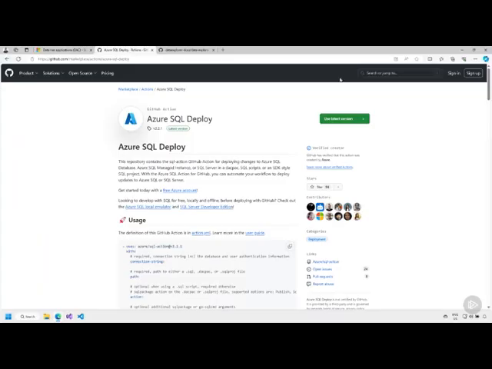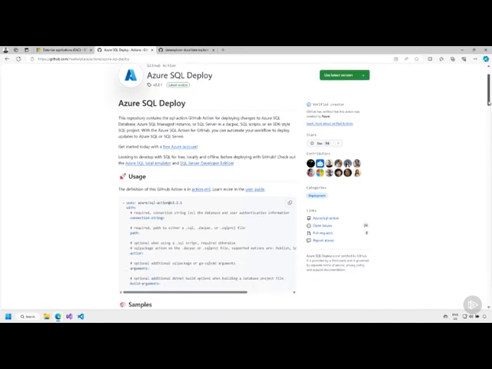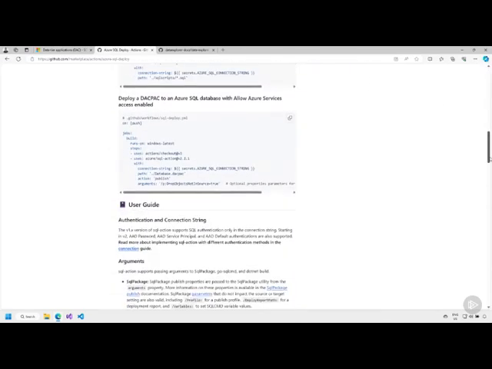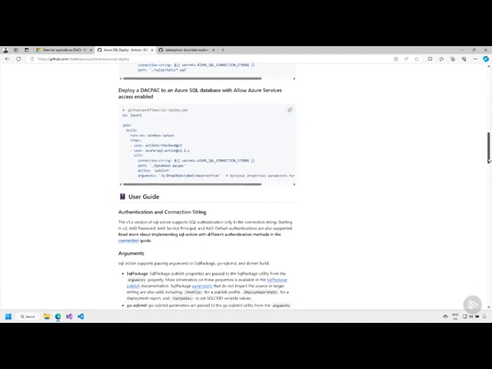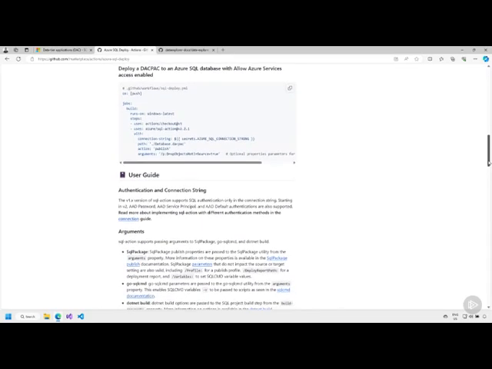In the upcoming demo, I'm going to show you how to deploy Entity Framework code-first migrations from your GitHub Actions workflow to update an Azure SQL database. That's done using a GitHub action provided by Microsoft. That action takes a SQL script as an input, but it can also take a DACpack file as input. So whether you choose code-first migrations or the data tier application approach, you can deploy your changes using the same